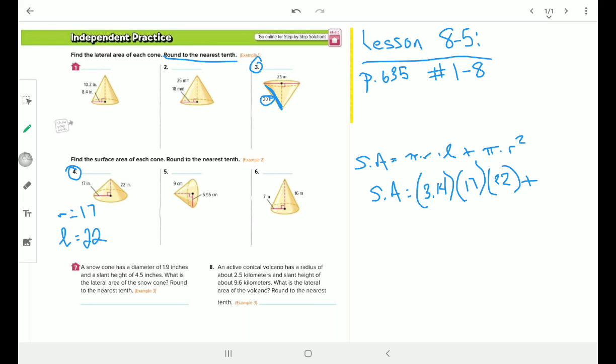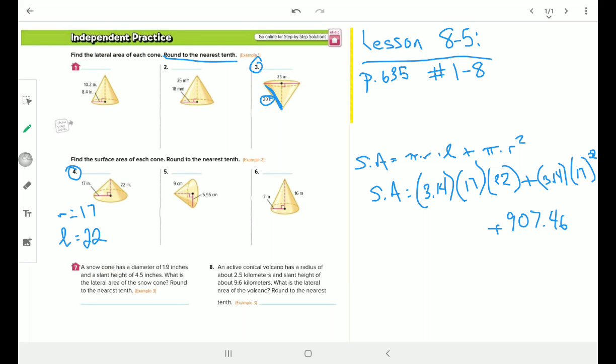Now I need the area of my base. So I'm going to have 3.14 times my radius once again, which is 17, and that will be squared. If I multiply that out, let's start with the area of the base. So 17 squared times 3.14. It gives me about